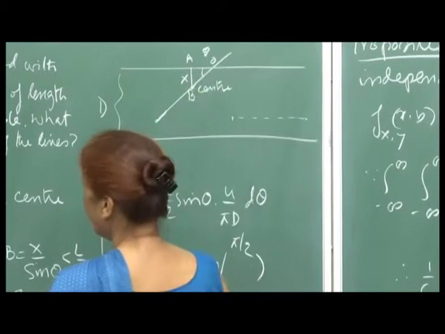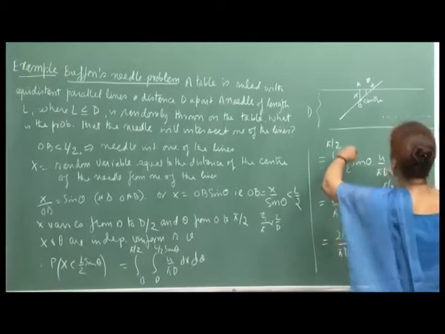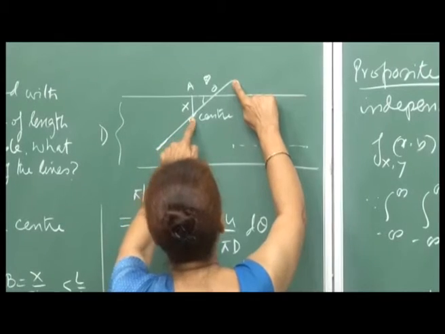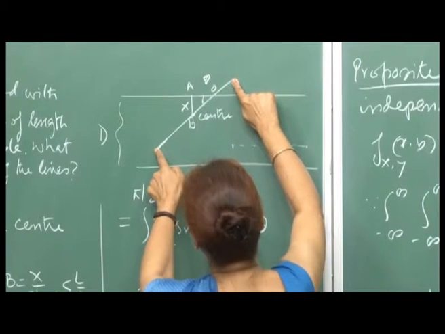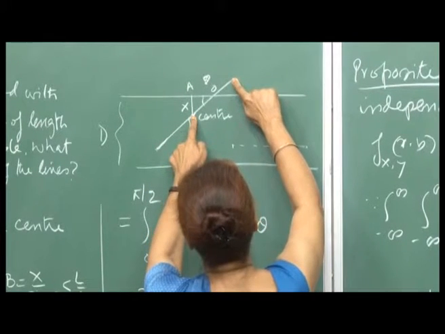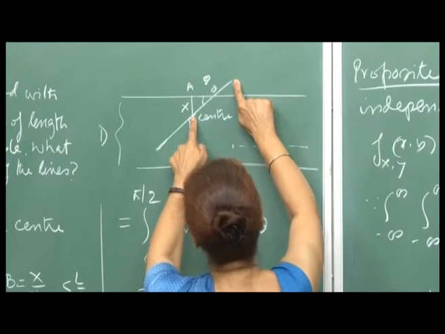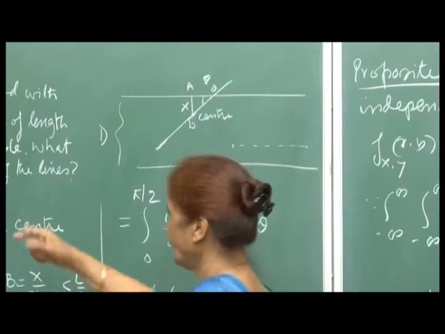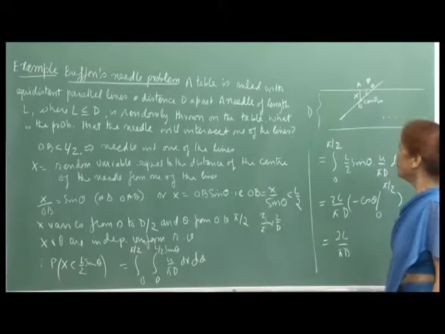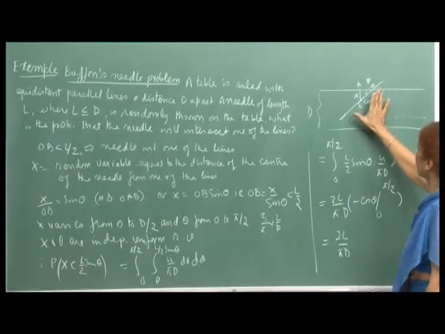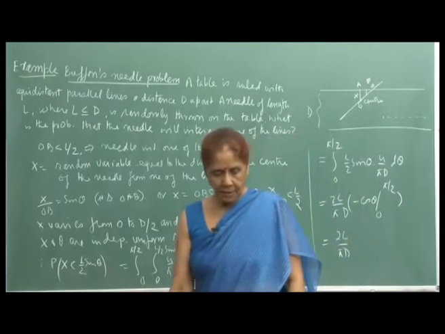We are saying that if this is the center point, then this length is L by 2. The length of the needle is capital L. If your OB is less than L by 2, then the needle will intersect one of the lines. That way, geometrically this is described, and this makes use of geometry to explain things